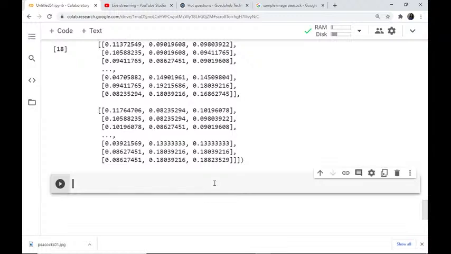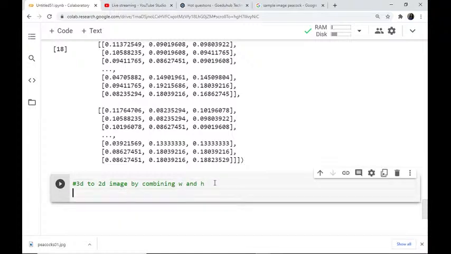So now we have data in the form of an array, and that array has values in the range of 0 to 1. And this is a 3D image. Okay. So we need to convert this 3D image to a 2D image by combining W and H. Okay. So here we will write W, H and D